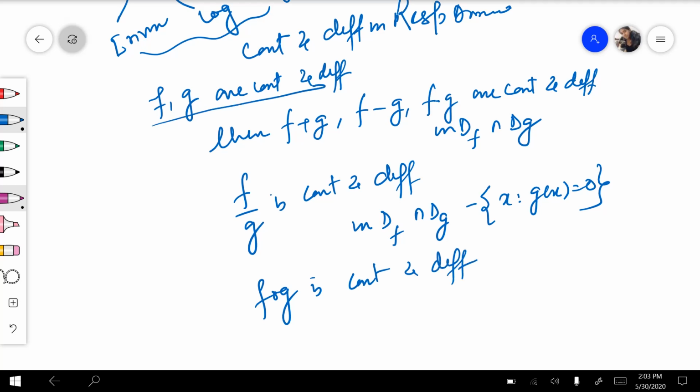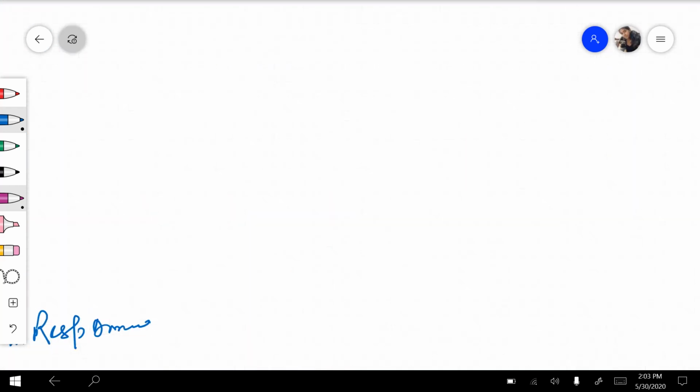अगर दो फंक्शन कंटिन्यूस हैं तो उनका सम, डिफरेंस, प्रोडक्ट कंटिन्यूस भी होगा, डिफरेंशिएबल भी होगा। उनका कोशंट भी कंटिन्यूस और डिफरेंशिएबल होगा, प्रोवाइडेड g(x) is not equal to 0। अगेन, अगर f और g कंटिन्यूस और डिफरेंशिएबल हैं तो उनकी कंपोजिशन भी कंटिन्यूस और डिफरेंशिएबल होगी। तो यहाँ पर जो मैंने क्वेश्चन लिया था